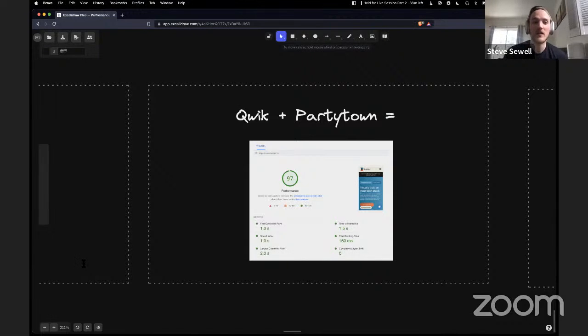But like Adam said, do you want to be running React in Partytown? Probably not, because there's a lot of back and forth. And so stuff rendering, lots of stuff.